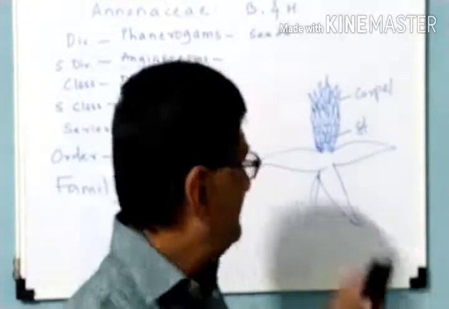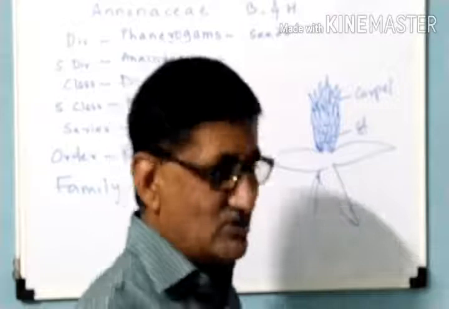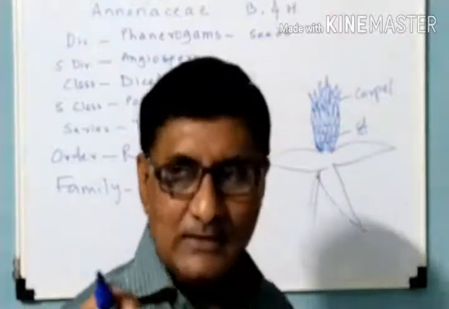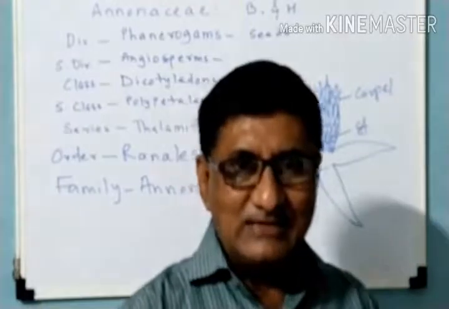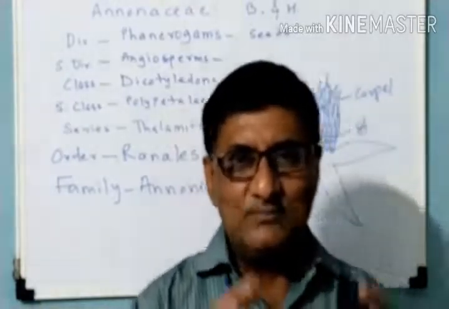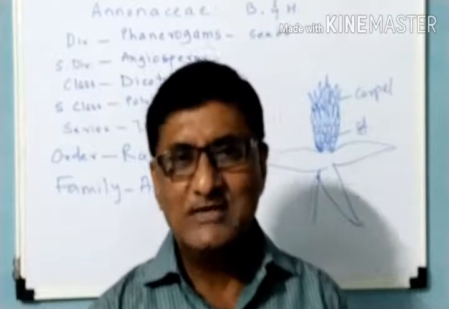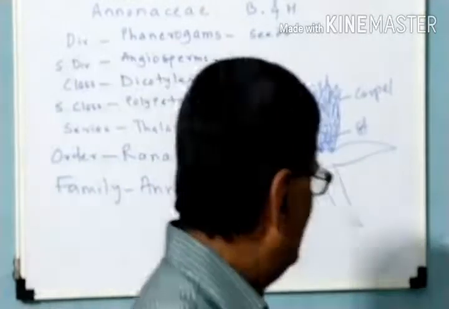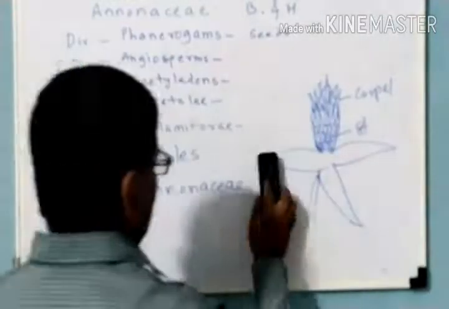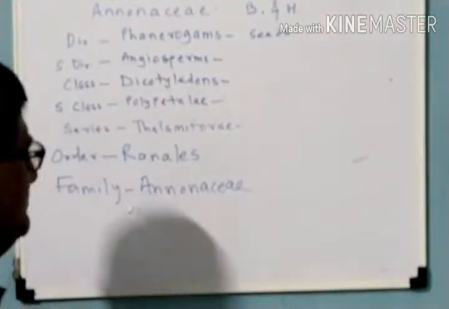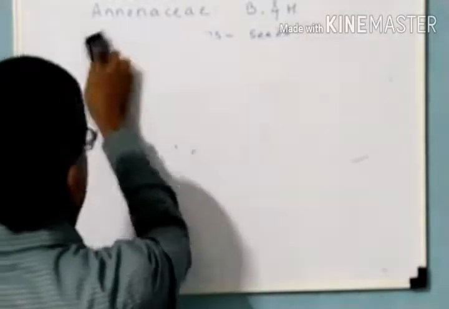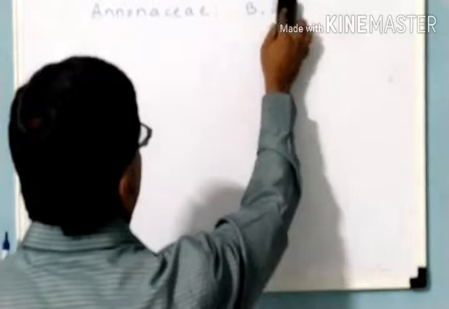So here there are many carpels. Each carpel is responsible to develop a fruitlet. All the fruitlets gather and form an aggregate type of fleshy fruit, and that is called the etaerio of berries type of fruit. We will see that in the coming explanation. So this is the systematic position or classification of the family Annonaceae. Now we'll go to the salient features.